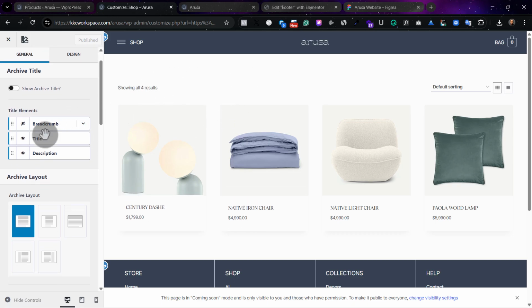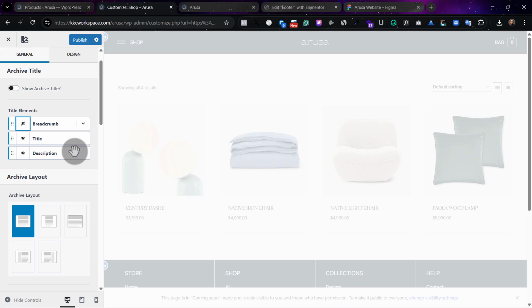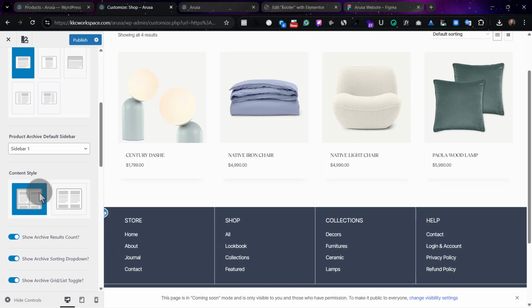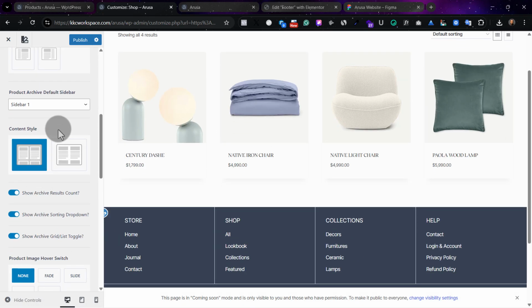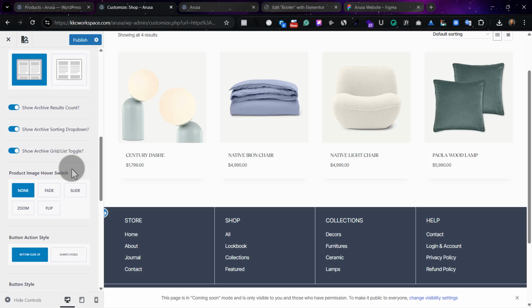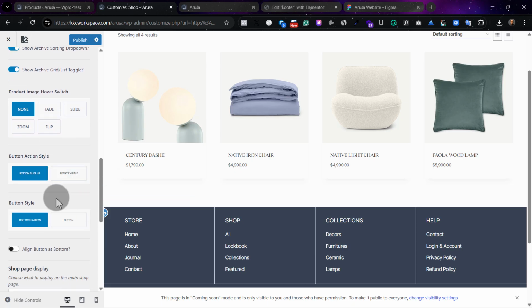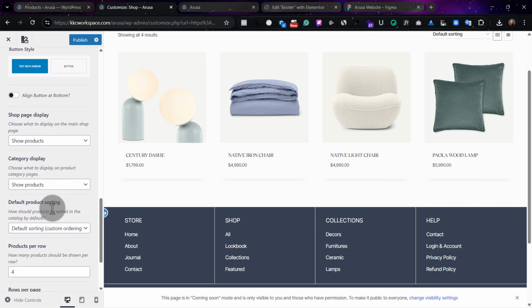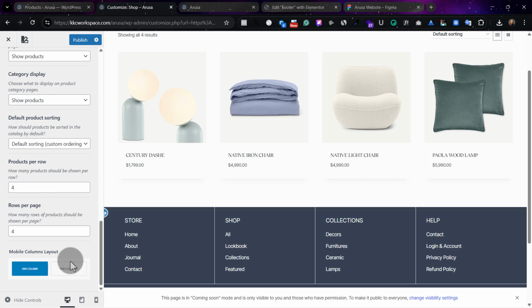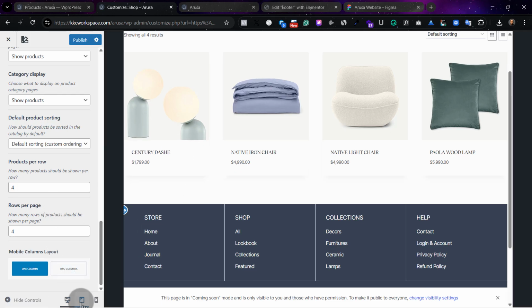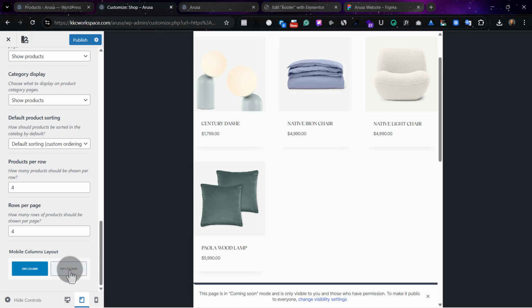Now this is breadcrumbs. There are no breadcrumbs here, so if it's not turned on, I'm going to turn it off. Title, everything that you are seeing here, I don't think we need to do much. But coming down here, there's something that is very important. If we come down to button style, then come down very well here, we would now have to set anything that has to do with